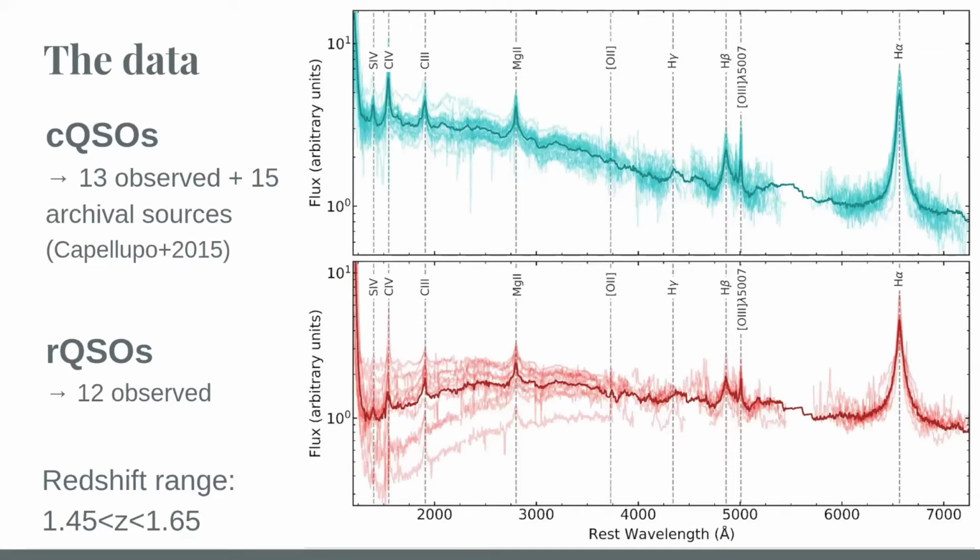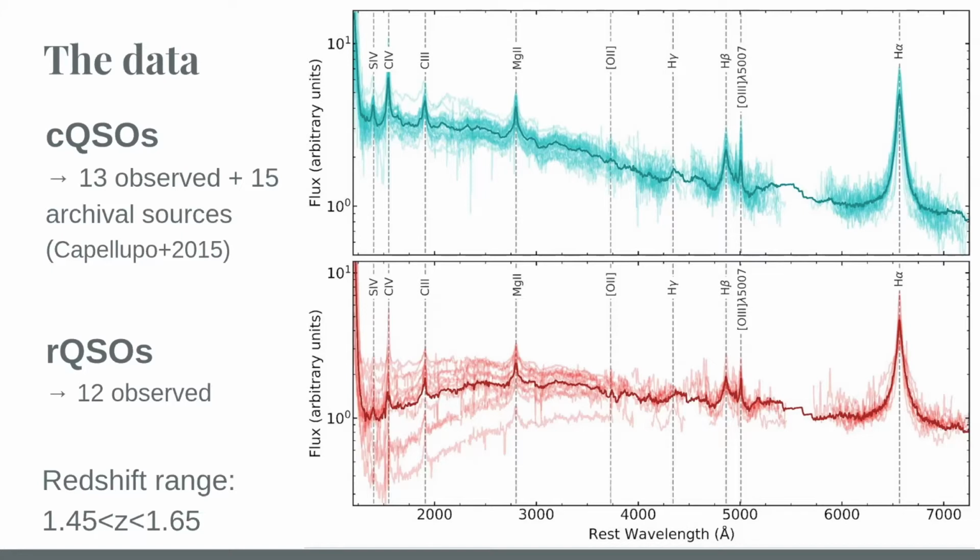So the top plot shows 13 control quasars that we observed, plus 15 archival sources from Capellupo 2015, normalized at H alpha, and then overlaid in the darker color is the composite. On the bottom are the 12 red quasars we've observed, again normalized at H alpha. And for this sample, we restricted it to a redshift range of 1.45 to 1.65. And this was to ensure that we observed the H alpha in the near infrared band, but also to match